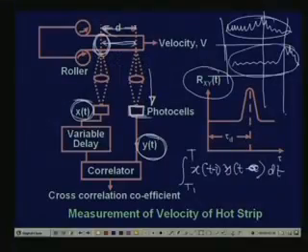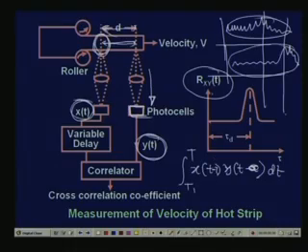Obviously, it can be shown that this correlation function, which is a function of tau, R_xy(tau), will achieve its peak